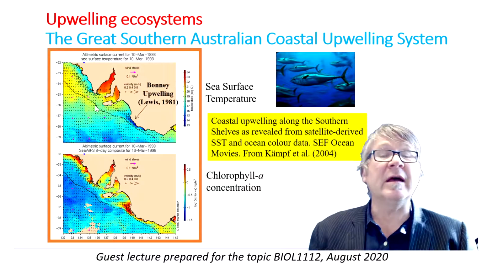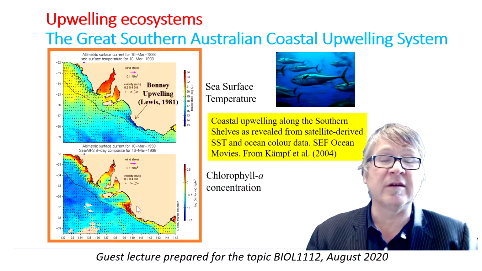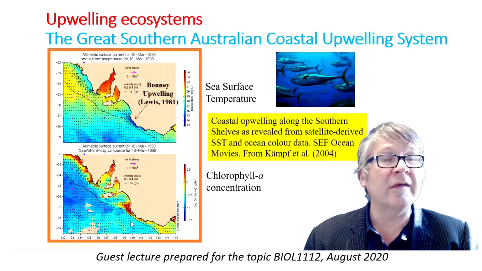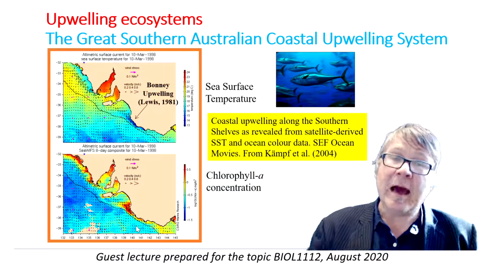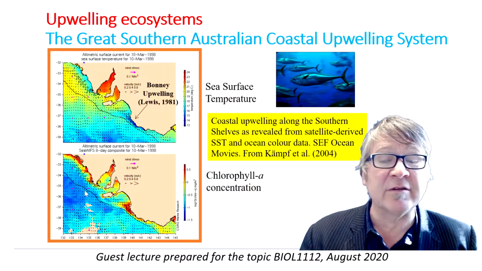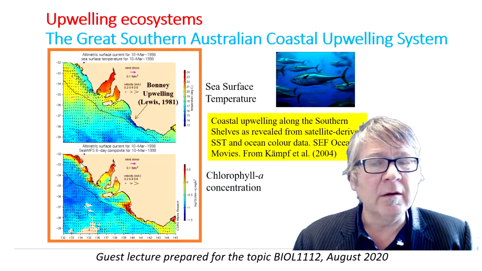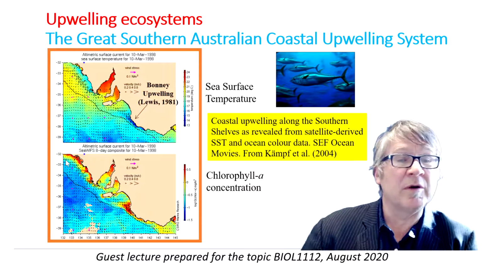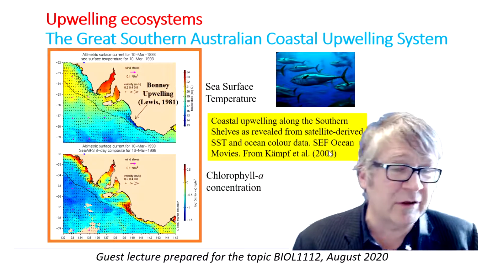And you can identify it with the lower image as again ocean color, chlorophyll concentration. You can see the red zones are the plankton blooms that are created by the upward movement of nutrients into the euphotic zone. You can see here in the eastern Great Australian Bight this big area. So this is what we call upwelling systems, coastal upwelling systems, and here in particular in South Australia,